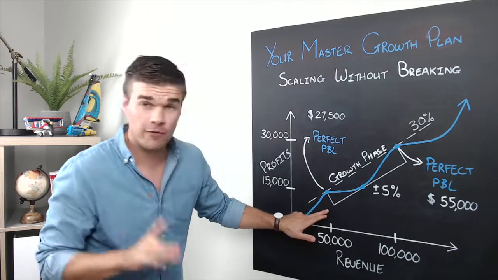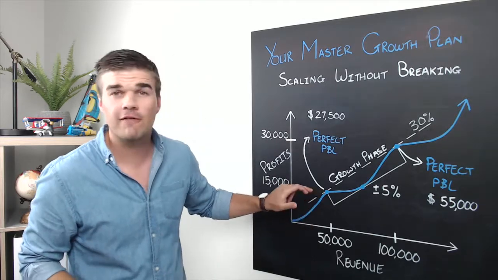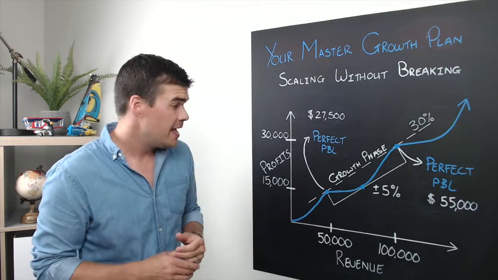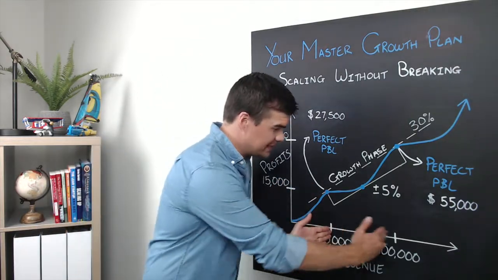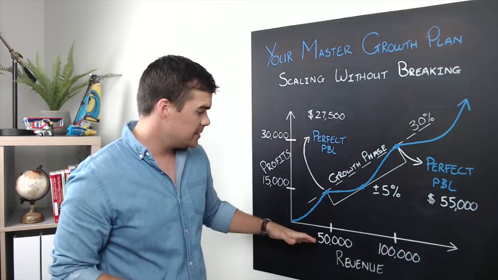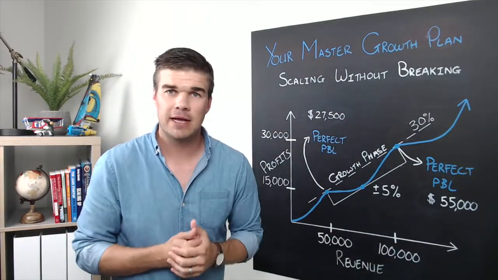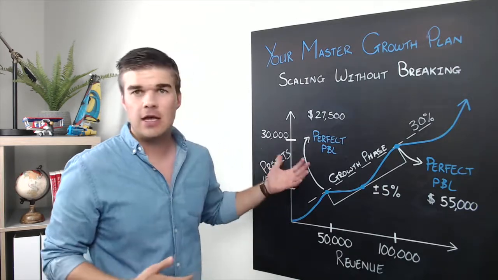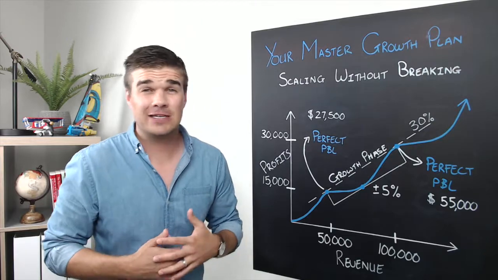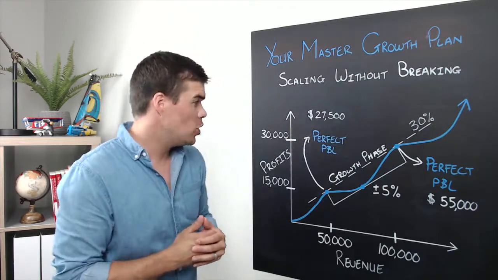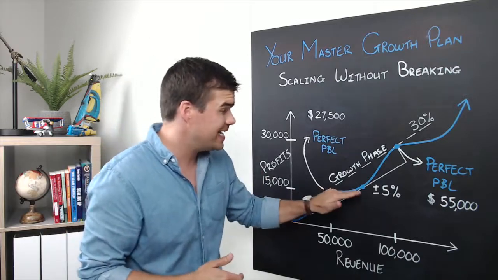So firstly, you have to make sure that you're starting from a place of strength. Make sure you're in the correct gear before you start to scale. The second thing is identifying what is the time frame this is going to take for us to do this. Okay, if we suspect to go from 50 to 100 in 3 months, we then know that we can be a little bit more aggressive around investing in order to get there. But if we expect it to take 8 months or a year or 18 months or whatever it is, we can't be as aggressive because we need to protect our profit margins.